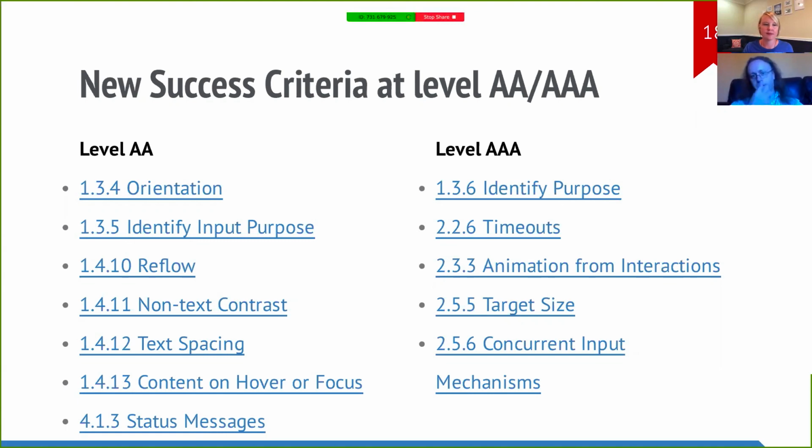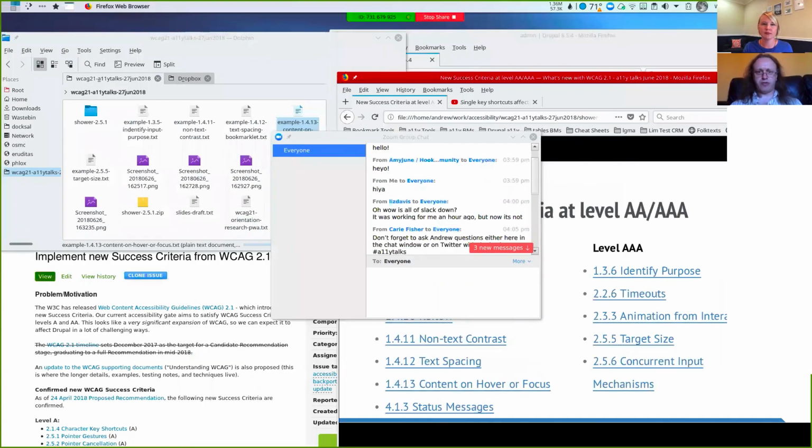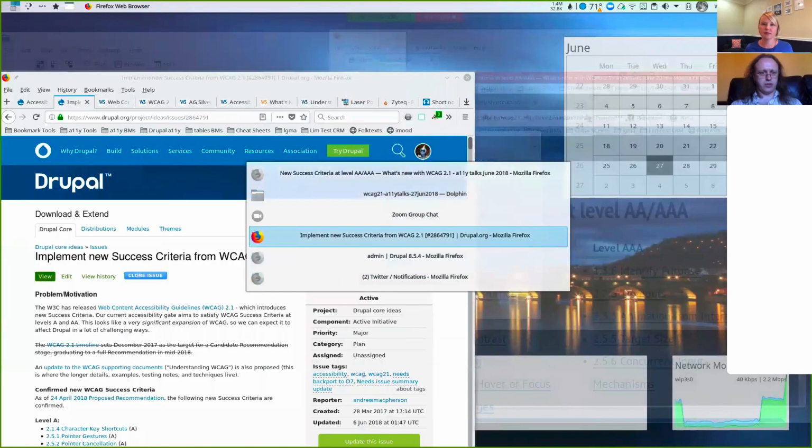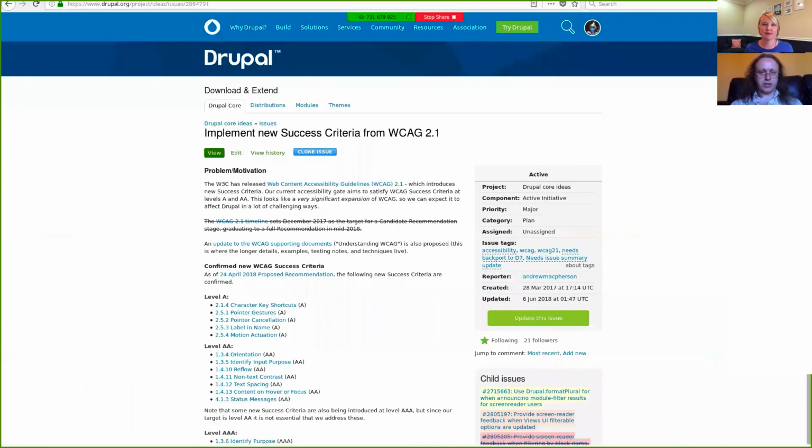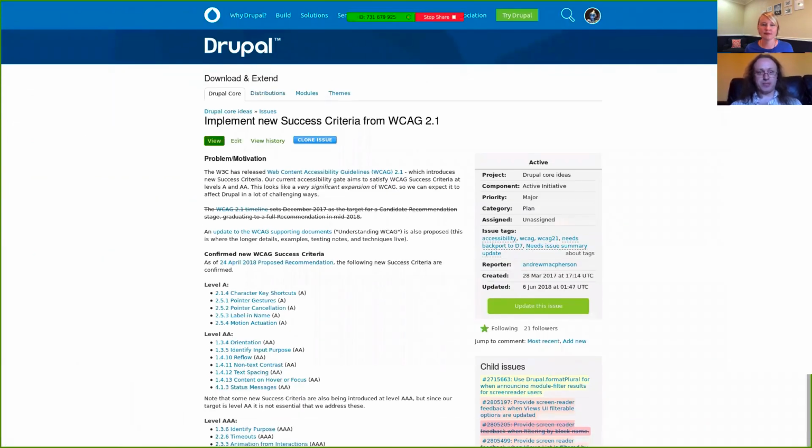Yeah, I think it might be easier if I actually demonstrate this on a real website. I'm going to slightly drop out of my slideshow and move to a web page. This is the web page where I've been tracking what's going on with WCAG 2.1, which I started a good old year ago when the first draft was out. It's a big extended note to self, really. I hope you can see my mouse pointer. Is that right?